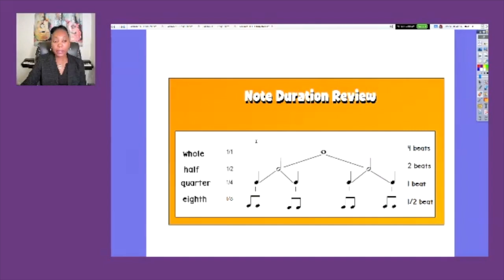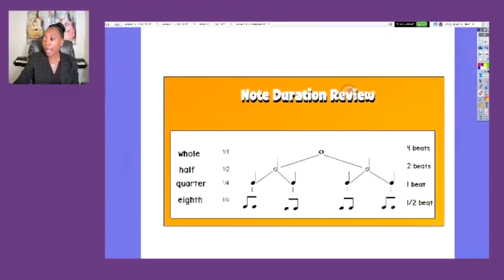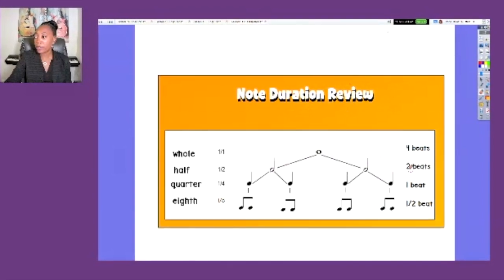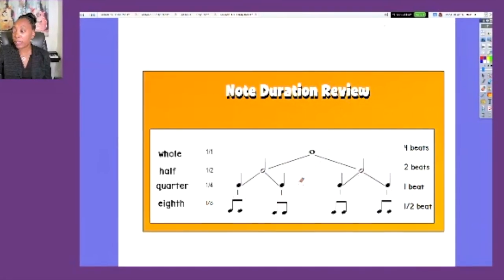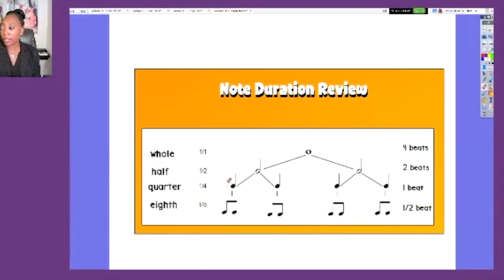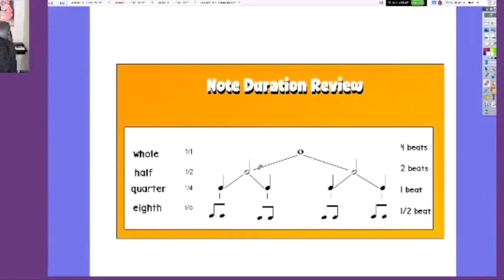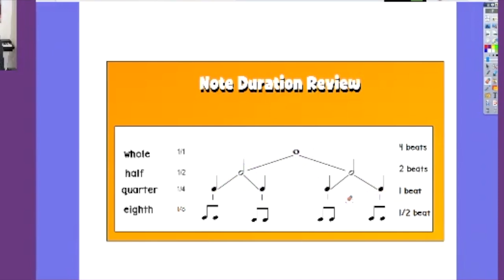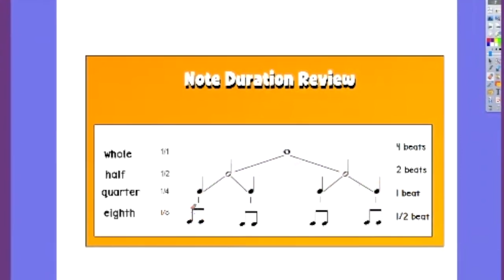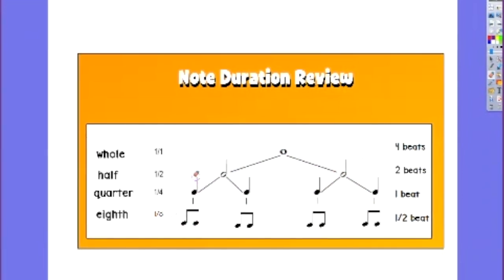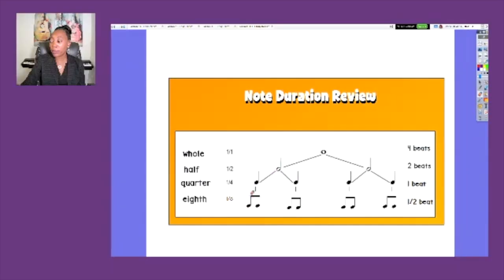There you go. All right, so let's do a quick recap, right? So we know that a whole note equals 2 half notes, right? We have 2 half notes, and a half note gets 2 beats. And then we know that we have 4 quarter notes here equal to our 1 whole note, right? Quarter note, quarter note, quarter note, quarter note, each gets 1 beat, or we can look at it as 2 quarter notes equal 1 half note, or 4 quarter notes equal 2 half notes. And then if we break it down, we have an eighth note and an eighth note that is beamed together, and 2 eighth notes equal 1 quarter note, or 4 eighth notes equal 2 quarter notes,